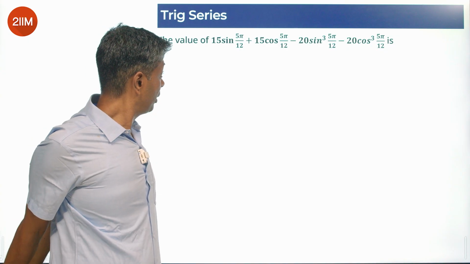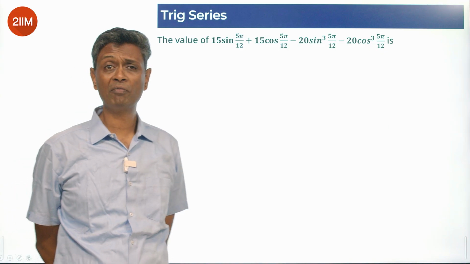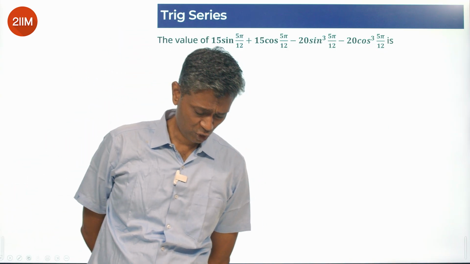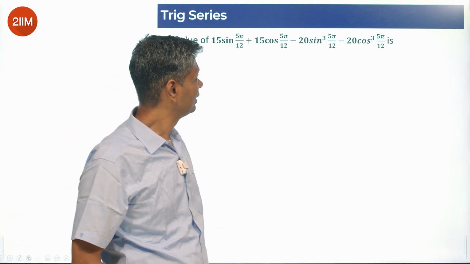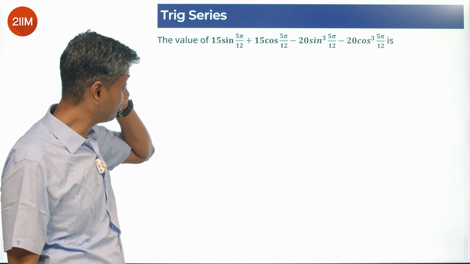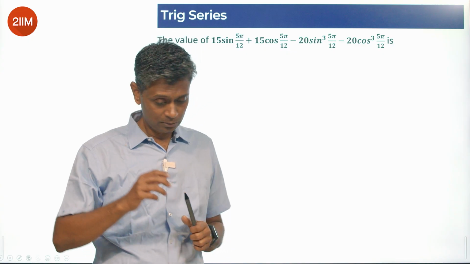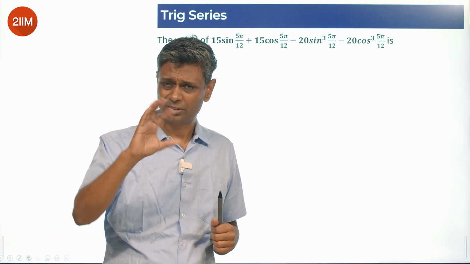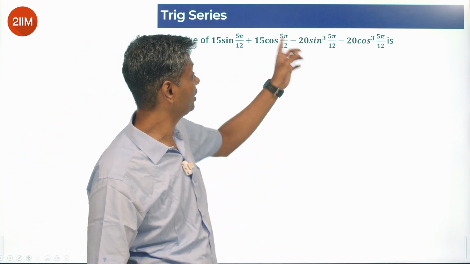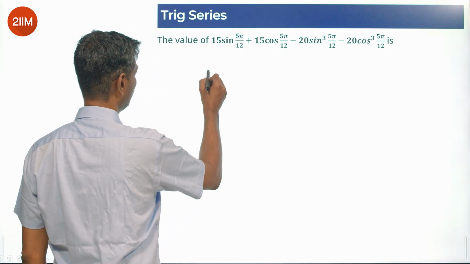15 sine 5 pi by 12 plus 15 cos 5 pi by 12 minus 20 sine cube of 5 pi by 12 minus 20 cos cube of 5 pi by 12. I struggled with this question because I couldn't frame the equation. So 5 pi by 12 is pi by 2 minus pi by 12. So that's something to manipulate, but I didn't wrap my head around this being 15 and that being 20. It's such a pain. Let's say we simplify this and say here, this is